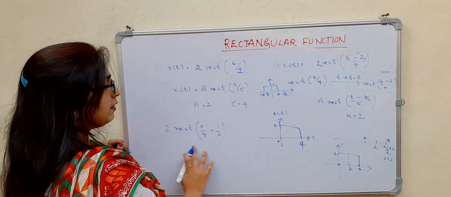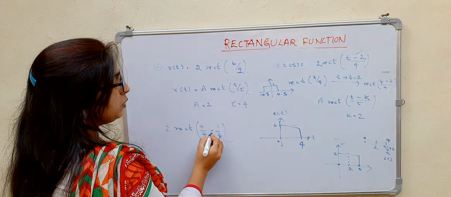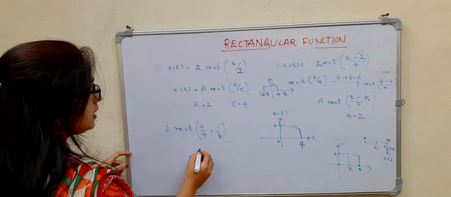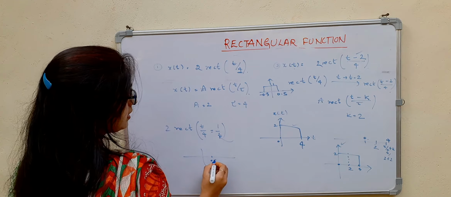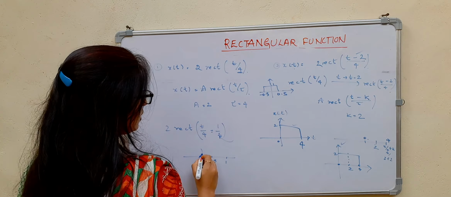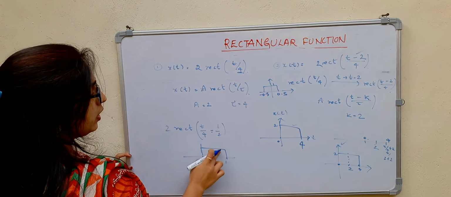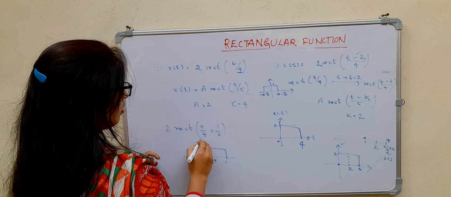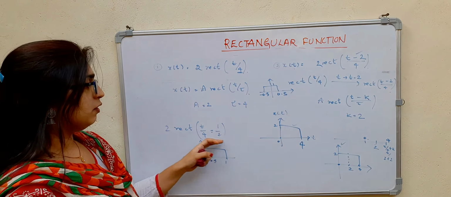Now what I will do, I will use this shifting and the scaling property for both. So first I will do the shifting property, that is by 1 by 2 units it should be moved towards the right. So that means now center will be at 0.5, this will be 1, then it is 0. This is by shifting. Then there is a scaling property, so this is 1 only. I will take the amplitude later. First I am doing for rectangular function.